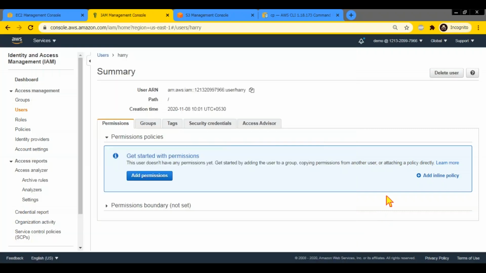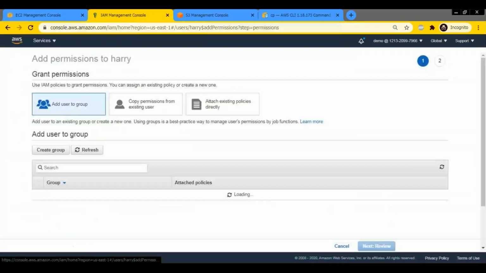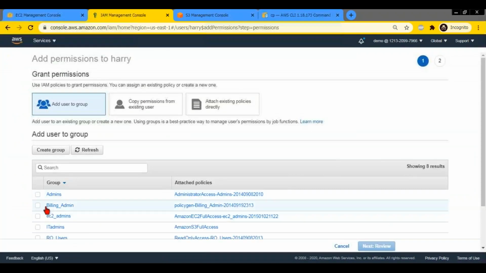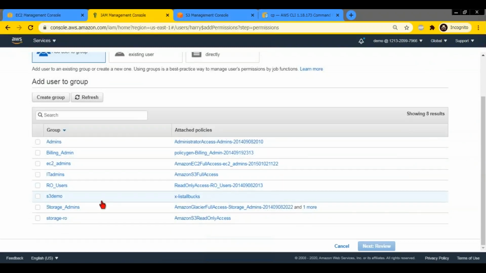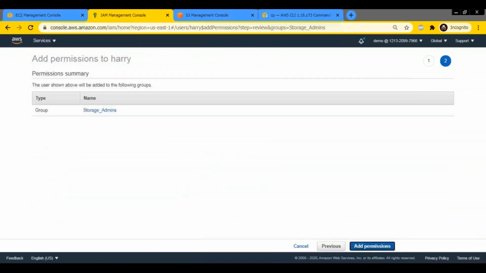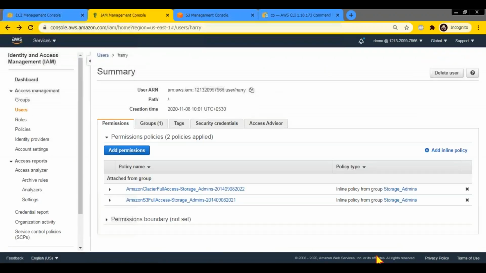Now if I add some permission for Harry, for example, I will give him access to S3. I will add him to these groups, just for showing you.